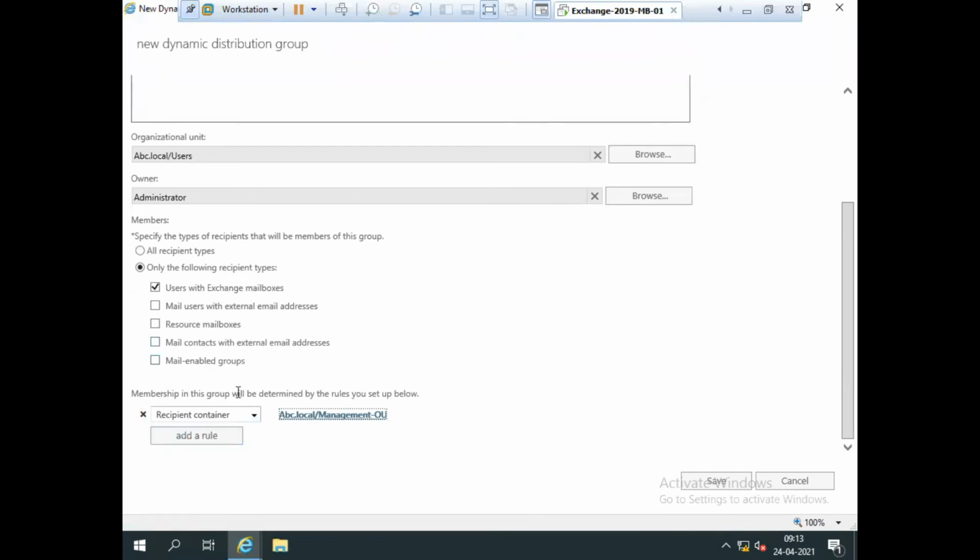If we talk about the distribution group, for membership approval we just set the rules, which are automatically created, like open and closed. But in the dynamic distribution group, we need to create the rules manually and set them. According to the rules, membership is approved by the dynamic distribution group. Now click on save after that.